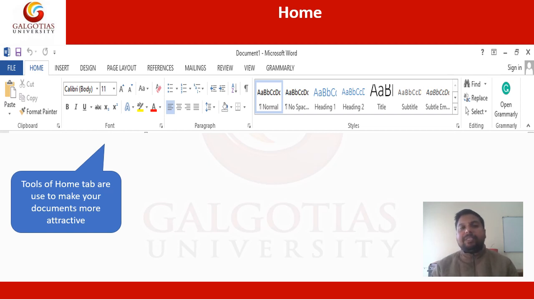The minimum point size which is preset is 8, and the maximum which is inbuilt is 72. So basically we use from point 8 to point 72. There are lots of different documents you can study, like newspapers and magazines. Newspapers and magazines basically use a font size from 10 to 11. Some newspapers use 9.5, but basically they use 10 to 11.